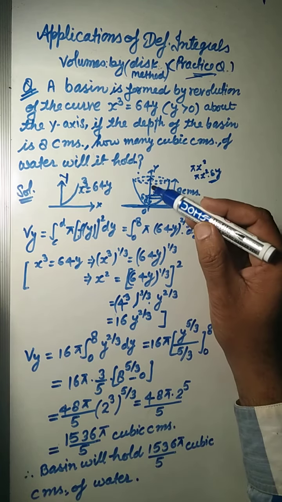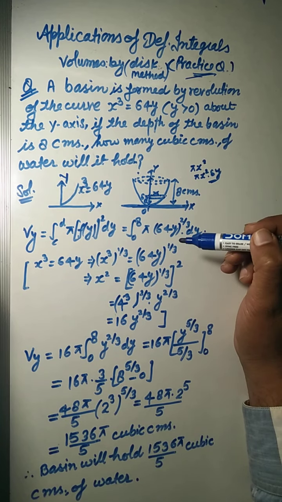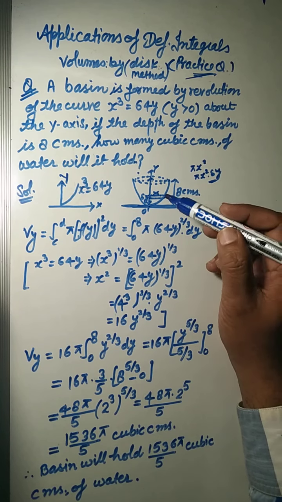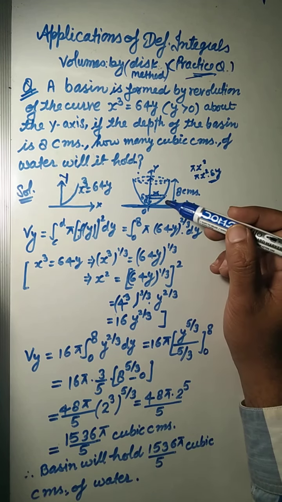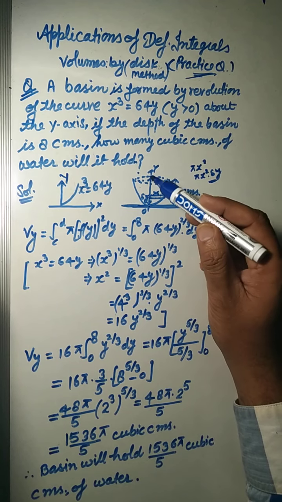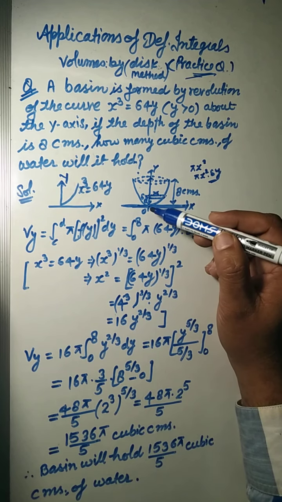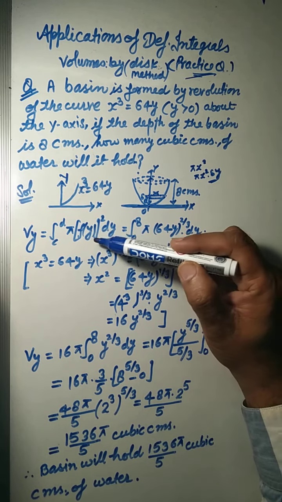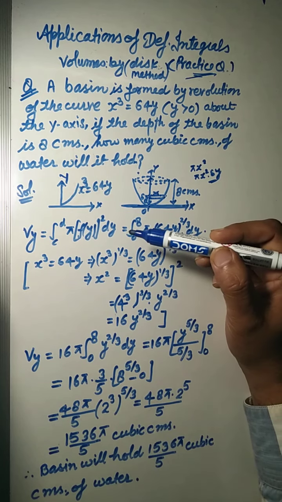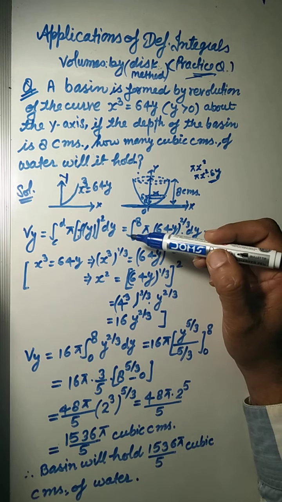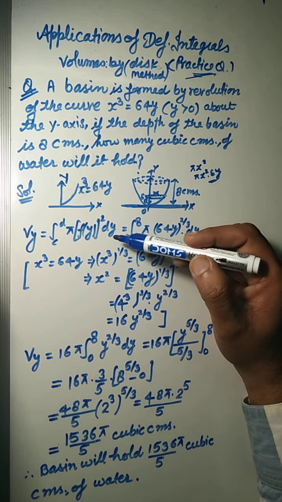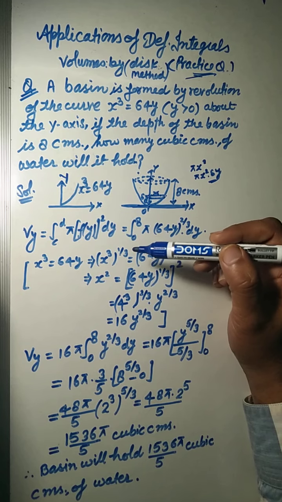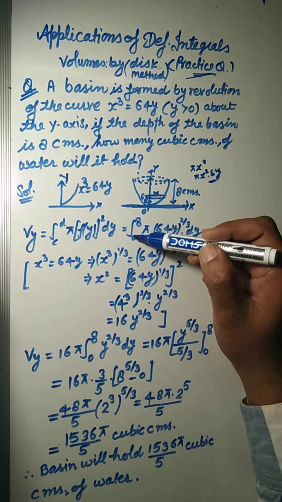Here y varies from 0 to 8 centimeters, and axis of rotation is y. So we want to obtain volume of this basin around y-axis. Vy, we will use this formula, integral from c to d of pi f(y) squared dy. In our previous knowledge, we have discussed this formula and its use, and limit goes from 0 to 8,